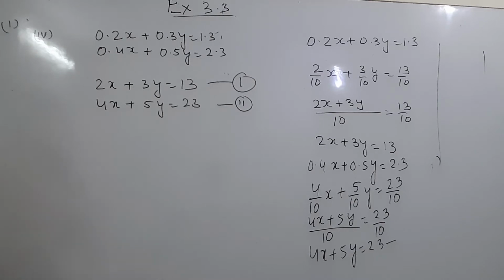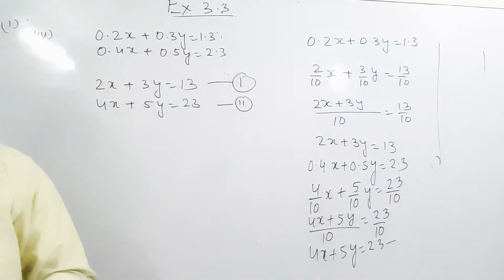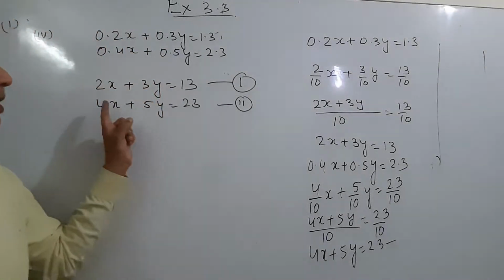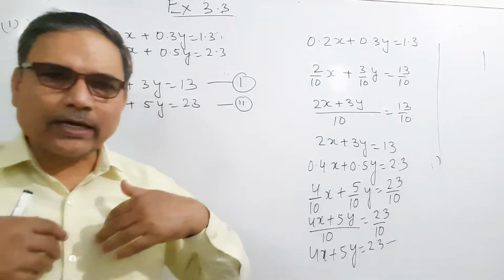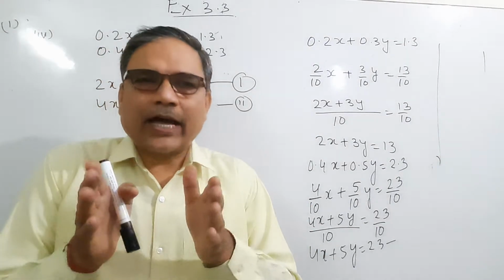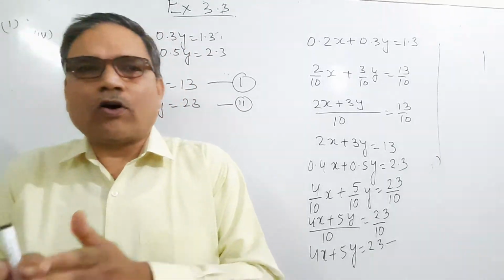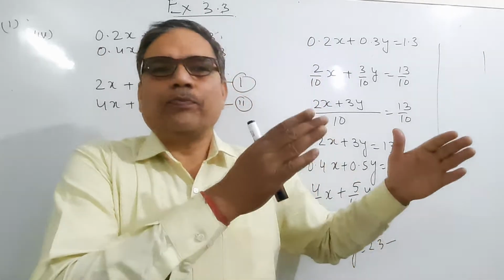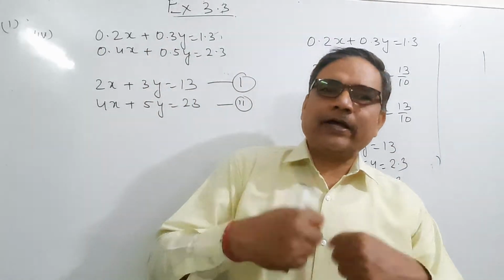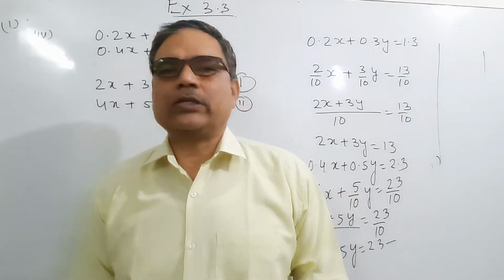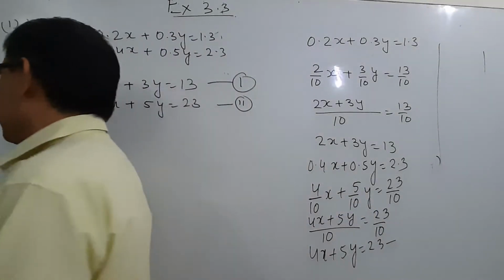What will we do first? From equation first, we have to find the value of y or x. Means we can express y in terms of x or x in terms of y. The value of y from equation first we put in equation second, and when we put it in equation second we will obtain the value of x, and then the value of x we will put in the third equation. This is the solution. Is it clear? And now check it again.